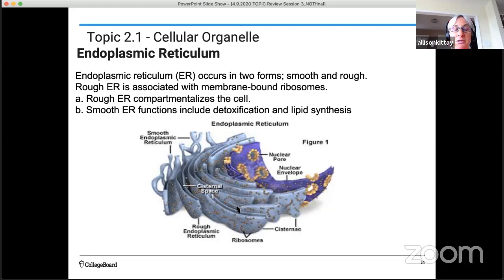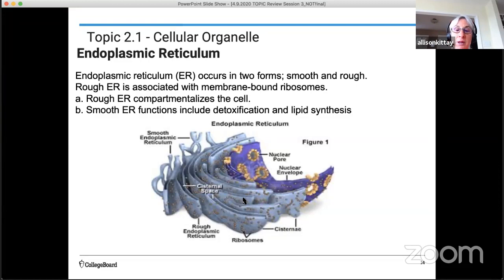The rough ER is associated with membrane-bound ribosomes. And so if you look at the image, you can see all of these smaller ribosomes are attached to the surface of the endoplasmic reticulum. One of the functions of the rough ER is it creates compartments within the cell. And if you take a look at this, there are spaces, they're called cisternae. What's going on in this space could be a completely different type of chemical reaction than what's going on in this space. So there are multiple ways to divide up the cell, which is very small, and you can increase the surface area of that cell by dividing it up or